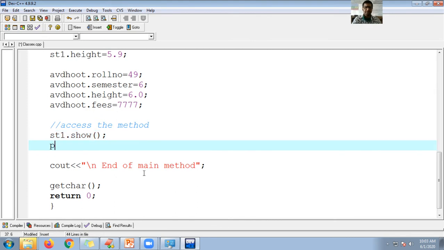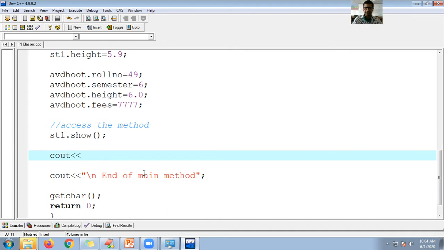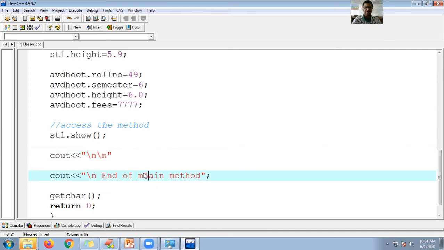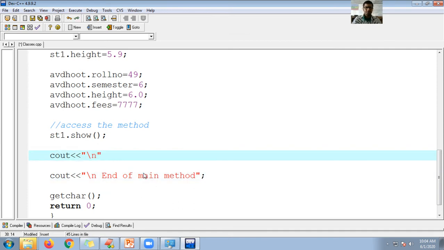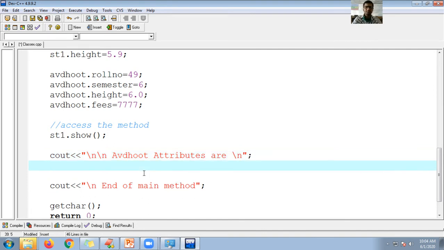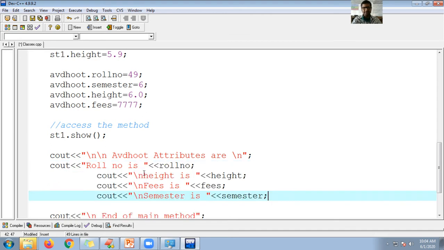So here printf, sorry, not printf, I need to use cout, insertion operator. So Avadut attributes are \n. Okay, fine. Then I can print simply in this way.